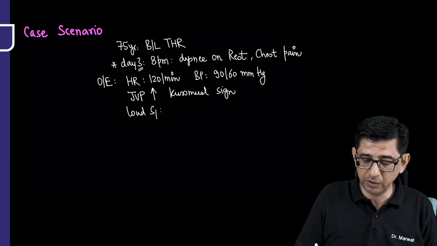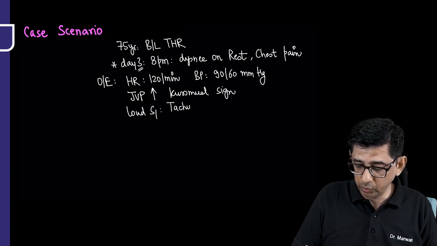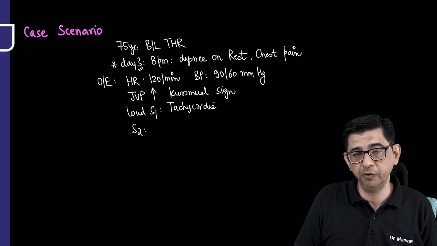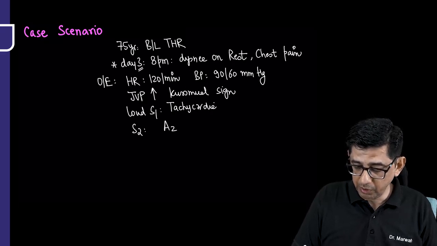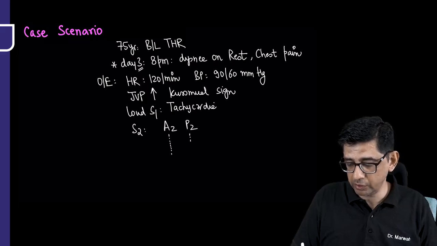When I auscultated this guy, I found he was having a loud S1. Now that is no big deal, because a loud S1 is always a feature of tachycardia. But when I auscultated the second heart sound of this person, the second heart sound is going to be aortic and pulmonic valve closure. And we have discussed in a regular cardiovascular class that the time lag between the closure of